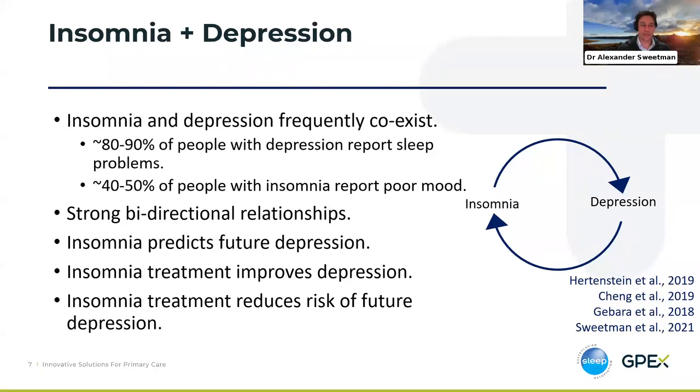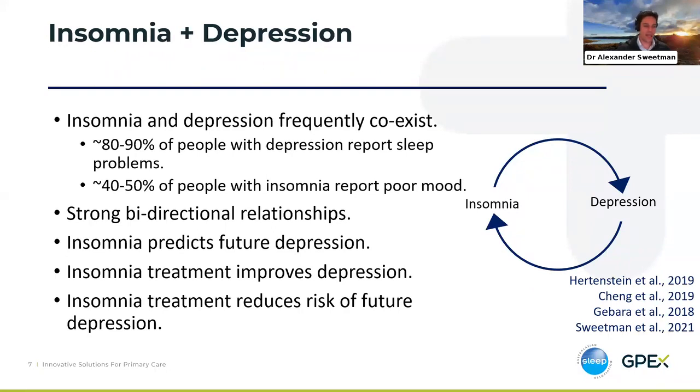So we know that insomnia and depression frequently co-occur. Up to 90% of people with depression report sleep disturbance, and about half of those with insomnia report depressed mood. But insomnia is not just a secondary symptom of the depression. In fact, strong bidirectional relationships exist, and there's a lot of research now to suggest that insomnia is actually a predictor of depression onset in the future, and that insomnia treatment not only improves the insomnia, but also really consistently improves